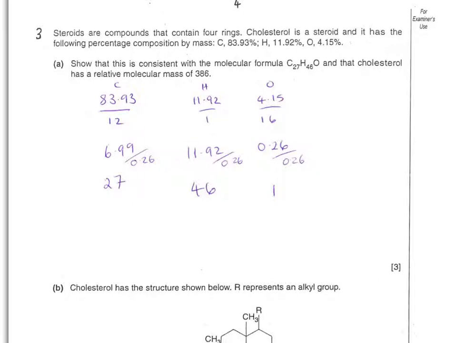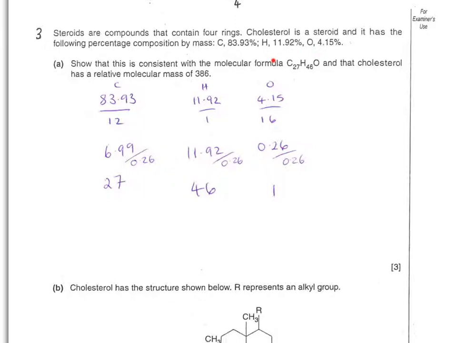This question has a simple empirical formula calculation, so you need to do a little bit of revision from your AS studies to make sure that you use the same method. Each individual percentage composition or mass composition is divided by the relative atomic mass of that particular element. Column for carbon, column for hydrogen, column for oxygen, divided by 12, 1 and 16 respectively. Now make sure you put a couple of decimal places into the answers that you get from that,